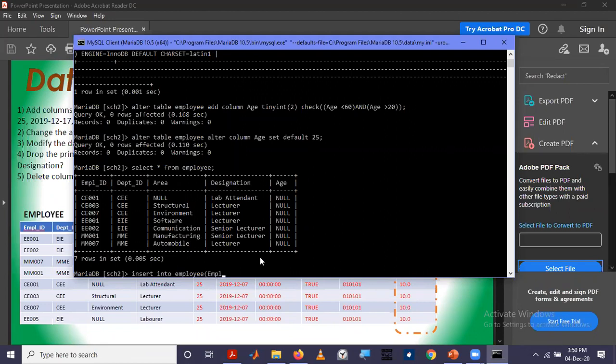So I'm going to add for employee ID, department ID, area, designation only. Values, I'll say E003 and EIE.